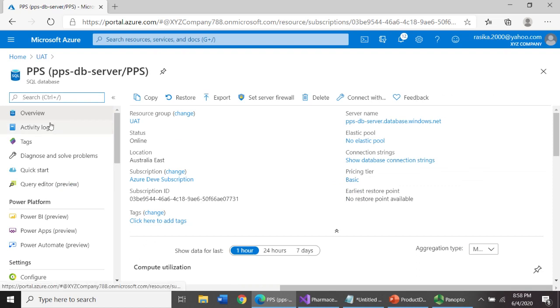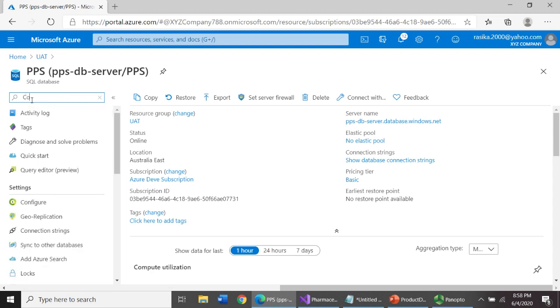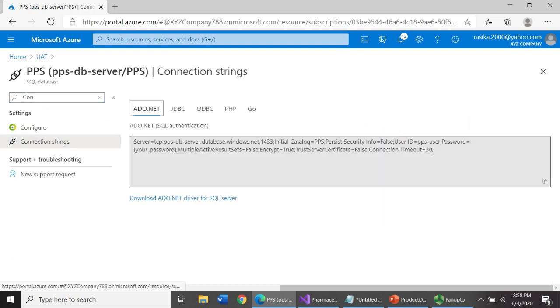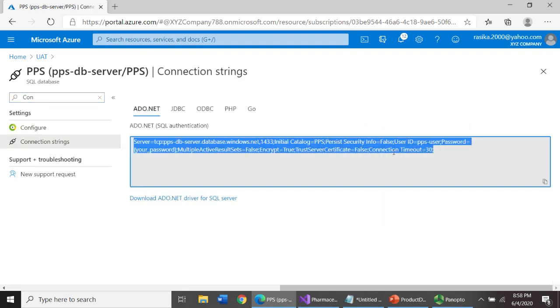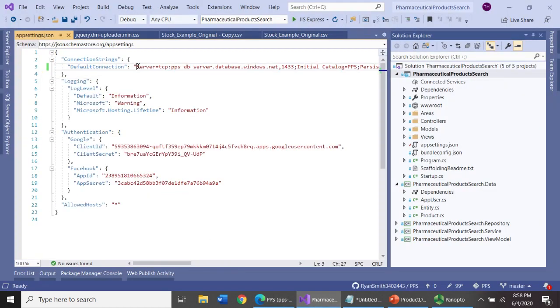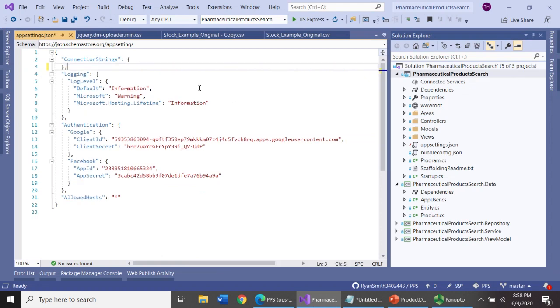So first thing is that you need to copy the connection string. To copy the connection string, you can search for the connection string over here. Yeah, this is my connection string. I'm going to copy it over here. So copy the connection string and paste it in the connection string configuration of your application,